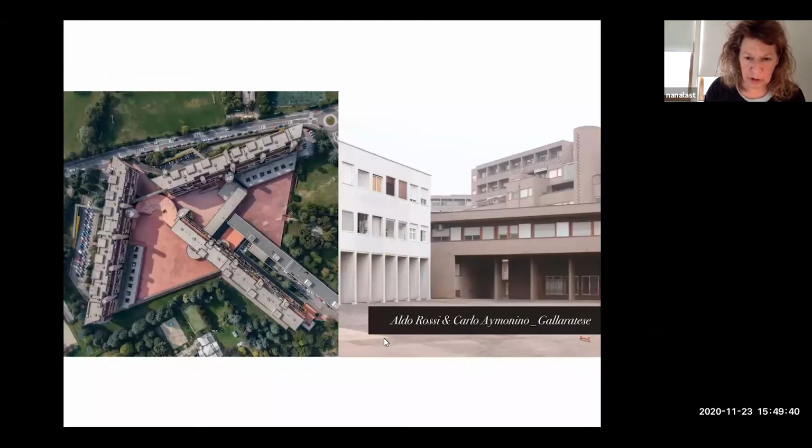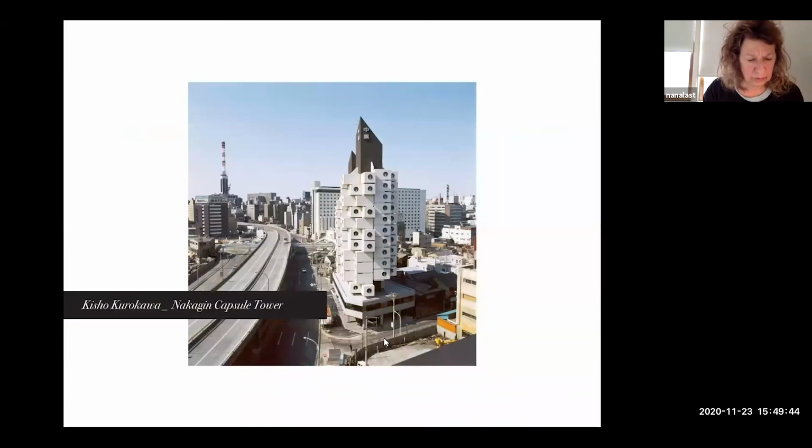Here's more work by Rossi and Imanino. So we're going to then move on to the question of typology and history. The question of history emerges in a number of ways. The idea of the larger system of the city and memory, again, as with Rossi, as well as the development of different understandings of typology and practices and debates that develop at that time.